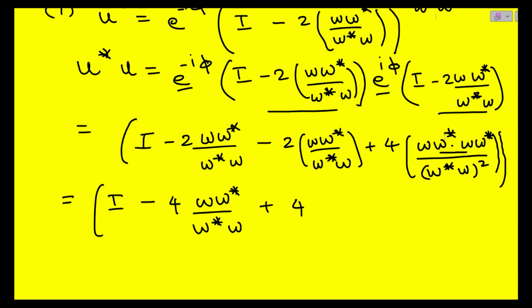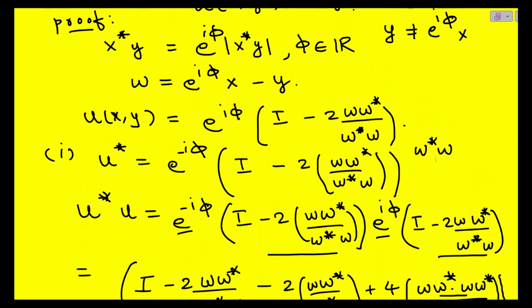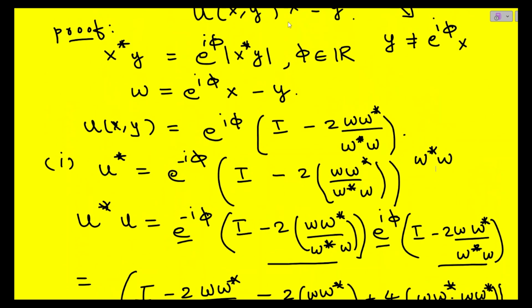Okay, so I think there's a little bit of a correction needed here. The W that we started with was this one, e to the power i phi (x minus y). So it is not a matrix. It's just a vector. It's not a matrix. So my bad. But going down,